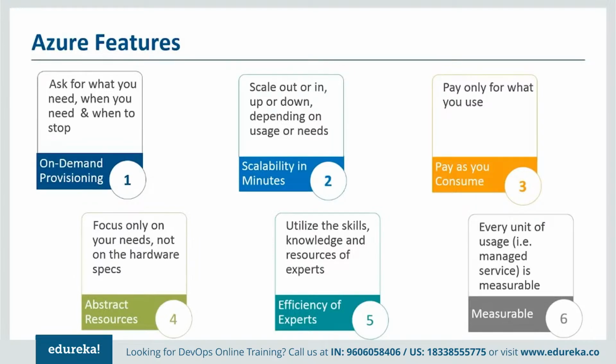Very important points. Number 4 is that you can abstract the resources, which means that in a normal on-prem environment, you have to take care of networking, physical servers, and all the stuff yourself. Now, when you come to the cloud, you don't need to worry about where is my hardware. Of course, you can get access to that, but you still don't need to worry about whether your hardware is running up to date, is completely patched, or is secure. All these things are taken care of by Azure. The only thing you have to worry about is your application.